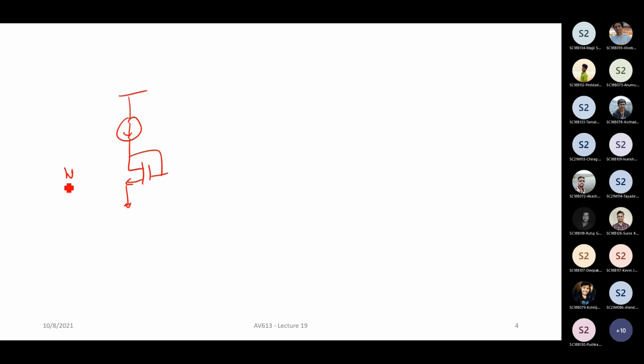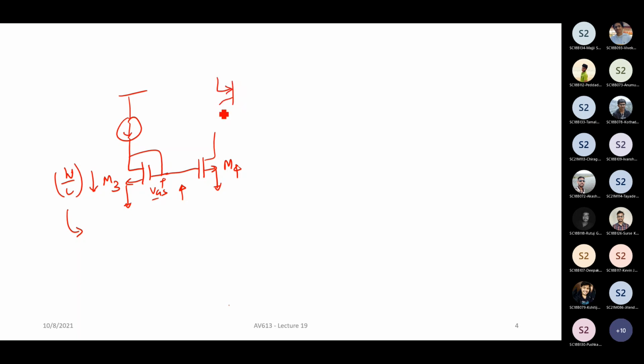Now, if you take the W by L ratio of this to be very small, what will happen? The VGS required for this transistor will be very high. Okay, and vice versa. Now again, you have to think about area, you have to think about signal swing and so on, right? Now, let us say you take a very small W by L ratio. Now, what will happen? You have a large VGS. Large VGS is really not a problem for, let's say, this is M3, this is M4. M4 also, it's really not a problem.